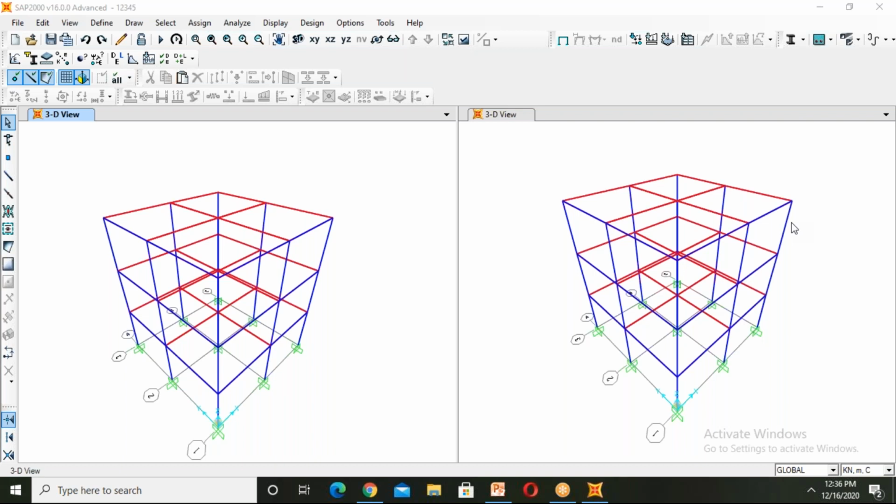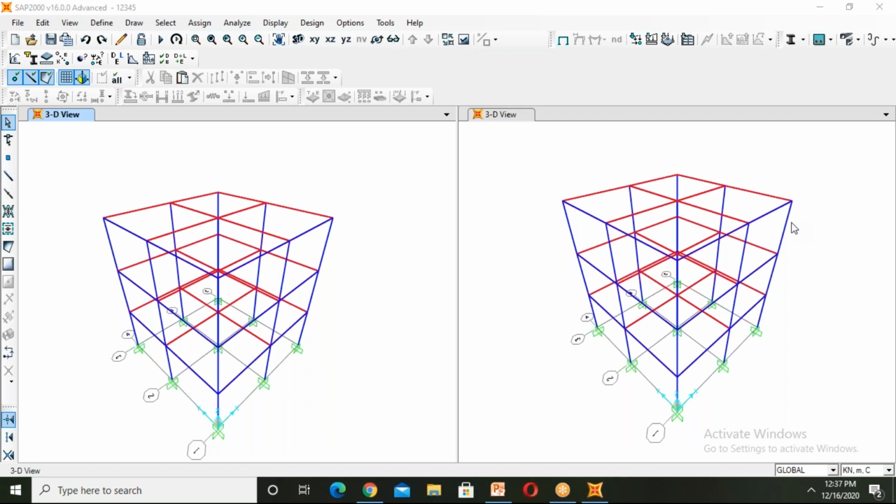No, time history analysis can be done in ETABS also, sir. Mainly the response spectrum analysis gives more accurate results, and you can extract results very easily from ETABS compared to SAP.